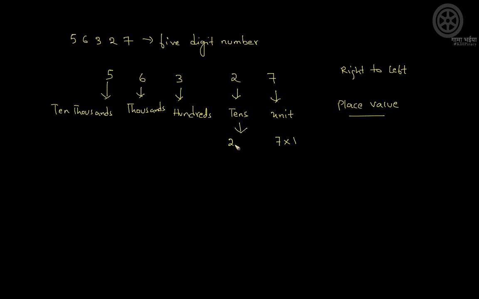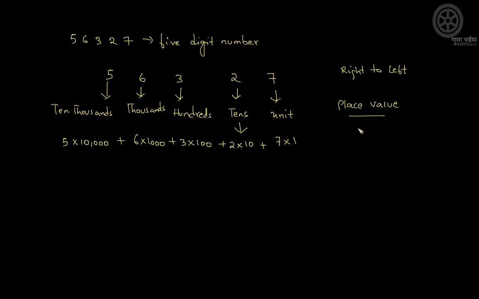The tens, so 2 into 10, right? The place value of 3 is 3 into 100. Then place value of 6 into 1000. The place value of 5 into 10,000,